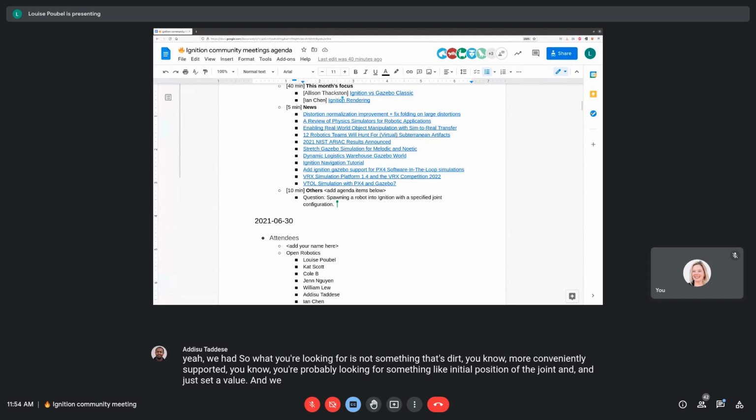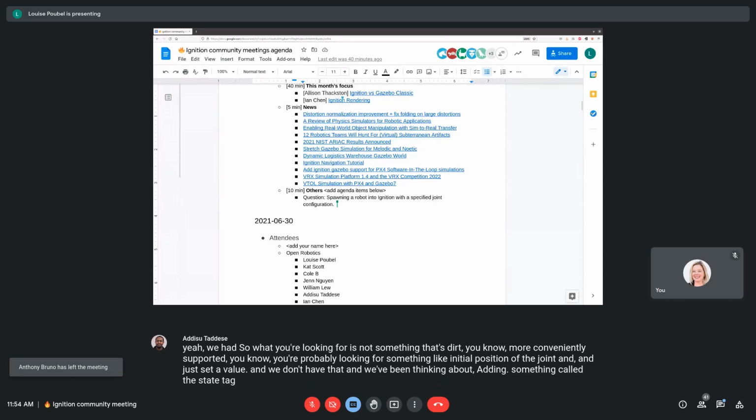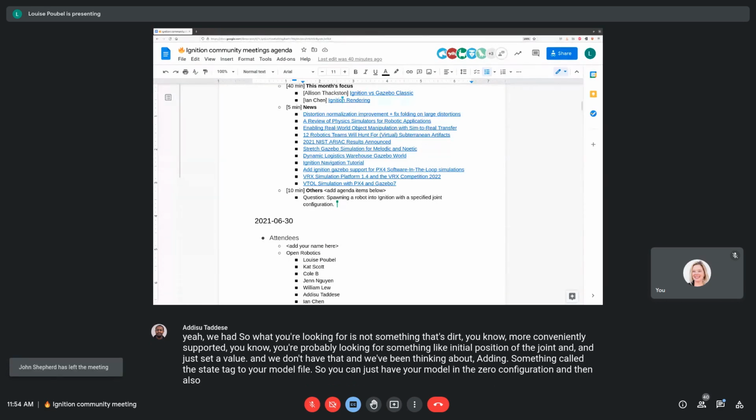And we don't have that. We've been thinking about adding something called a state tag to your model file, so you can have your model in the 0 configuration and also have the state of every joint specified. But we have not implemented that yet. That's on the long-term to-do list.